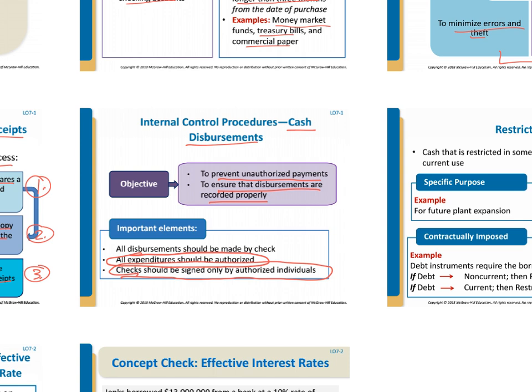And remember, although we would like to use checks in all situations, physical checks aren't used as frequently as they have been in the past. We still do see them in practice, of course, because they provide documentation, which is great. But this process can be applied to electronic checks, so to speak. So for transactions that happen electronically as well, we can apply that same type of process, that two people have to approve electronically, or that first we require a voucher packet before we actually pay an electronic disbursement.